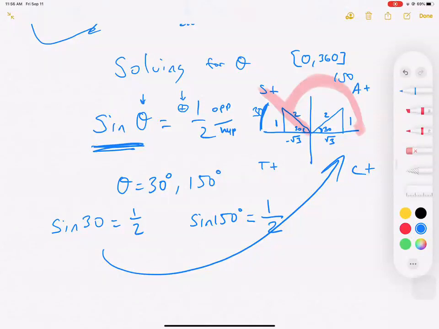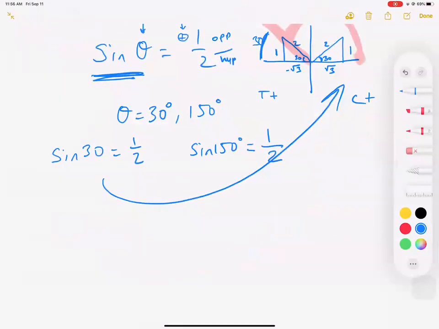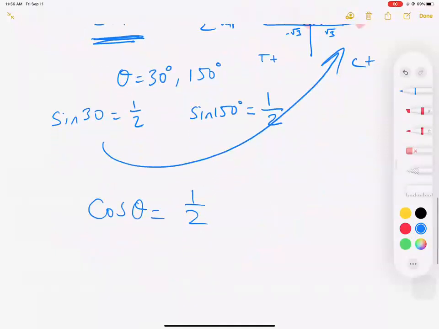So let's try this again with a different sine, cosine, tangent. Here we go. I'm going to give you guys the cosine of theta is, let's do 1 over 2. So the question is, what angle will give us triangles with adjacent 1 and hypotenuse 2? And you might say, how am I supposed to do that? That seems like it's impossible. Well,